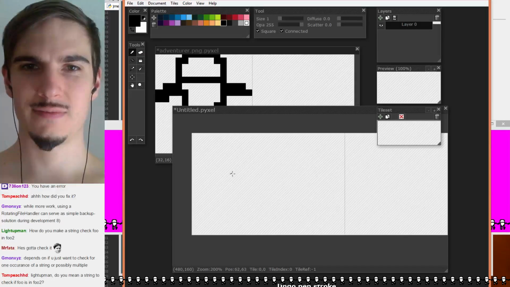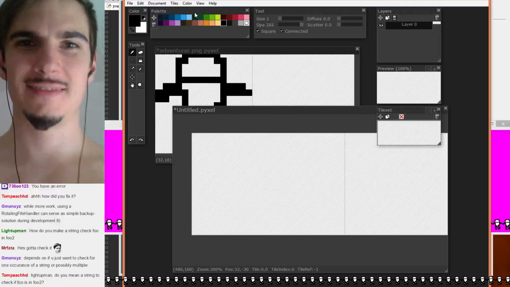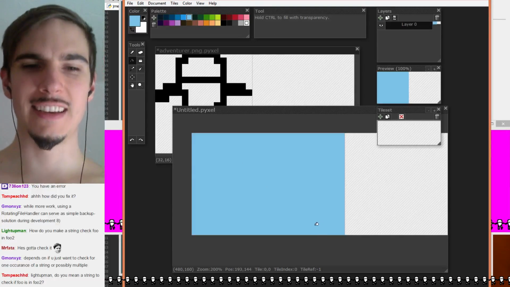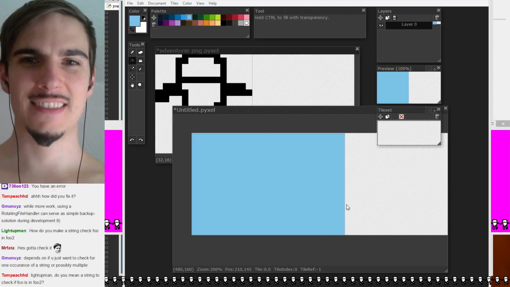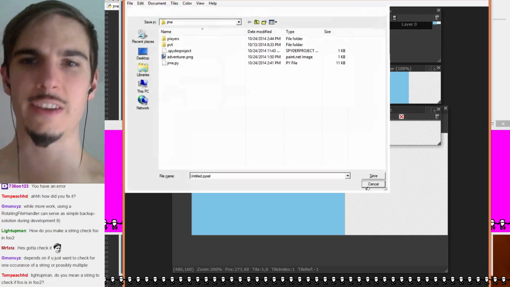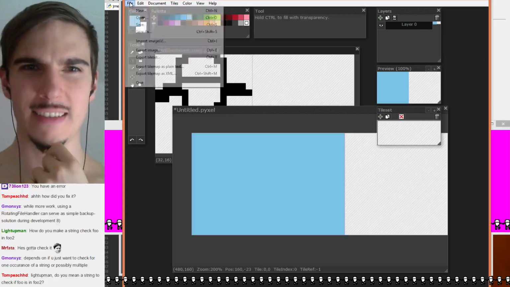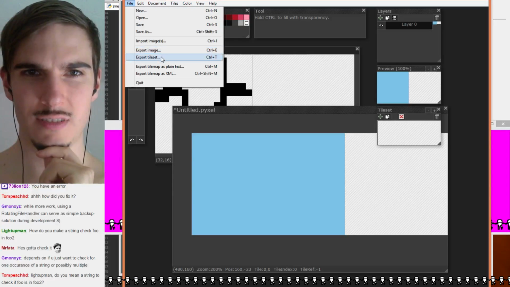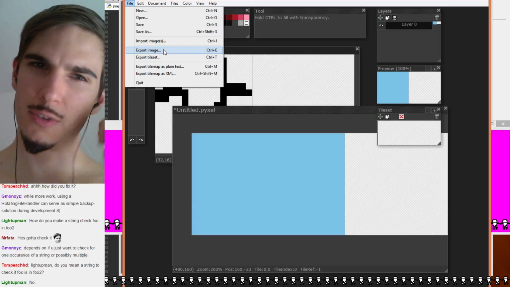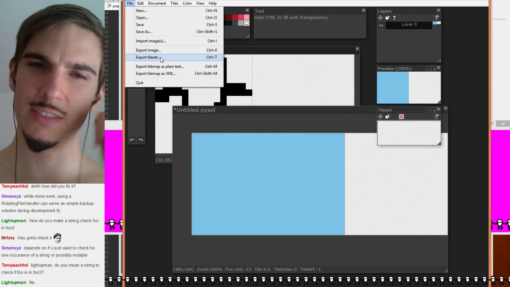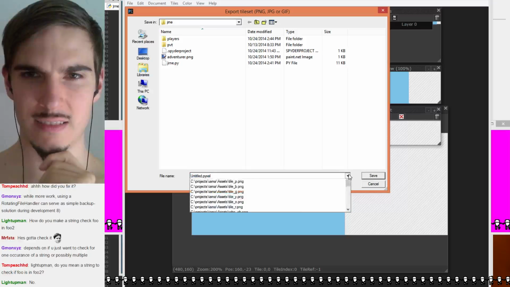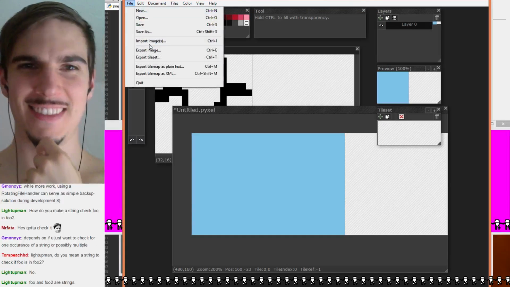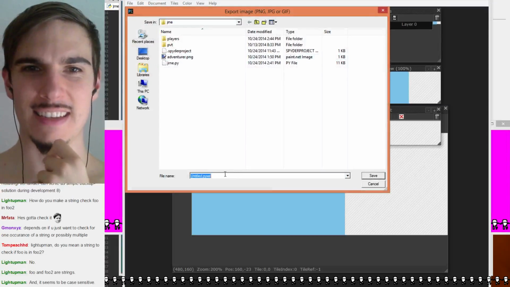Alright, so this is our tableau. What a lovely tableau. It's our spill can. So, oh yeah, wait, I guess I want export image. Export image? Export tile set? I don't know what that means. What is a tile set? This program's weird, but it's free, so whatever. Alright, so save this as